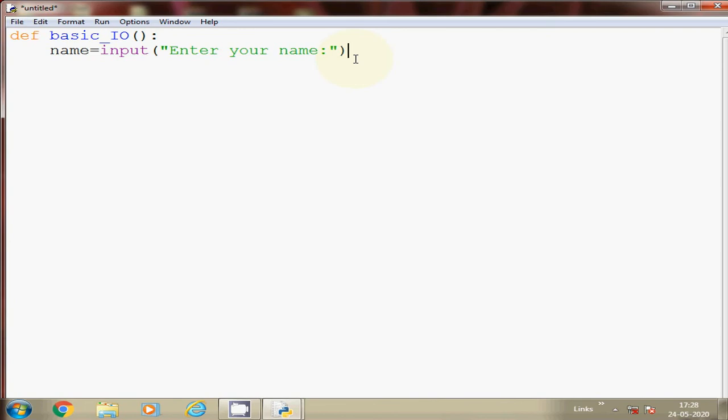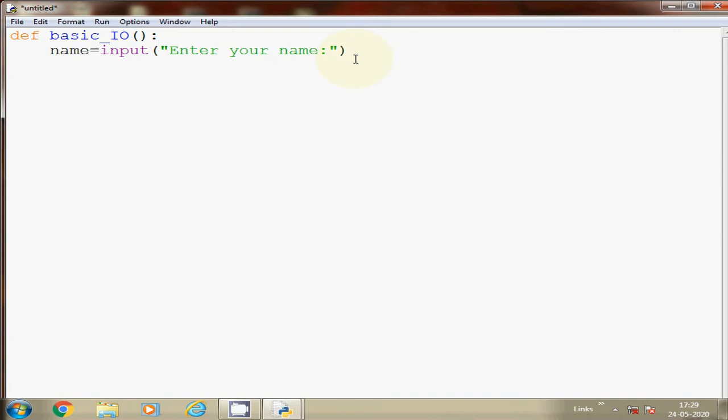No. So basically we have to write a string, and the input function returns a string only. Returns means final output. When your task is completed, what will be the final output? That is called return. So the input function will give us the name, and that name will be a string. So here this message will be written: enter your name.